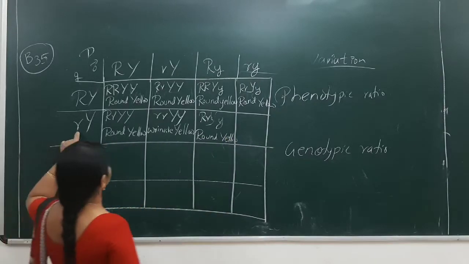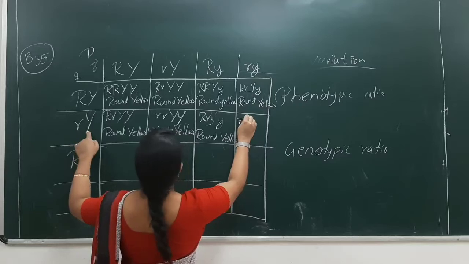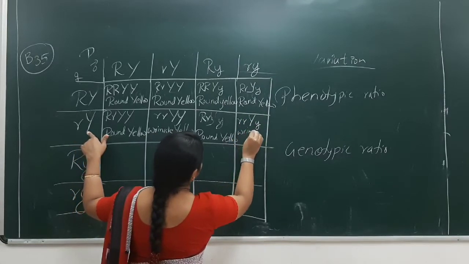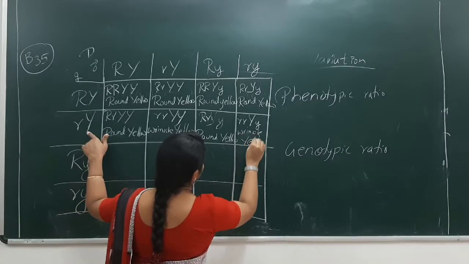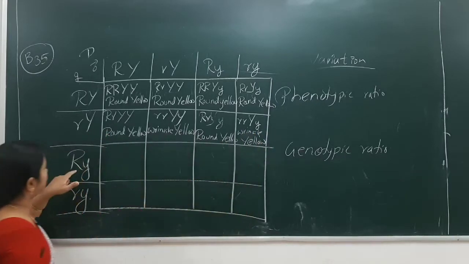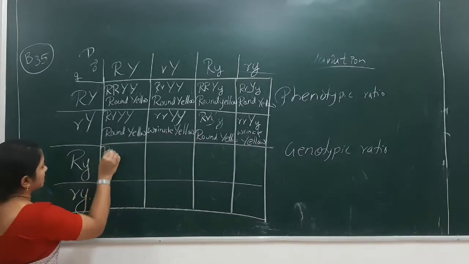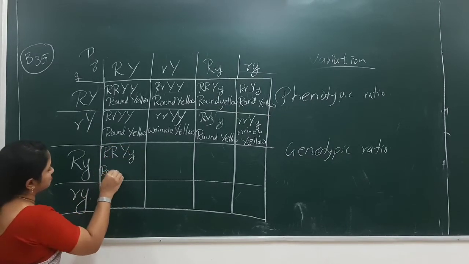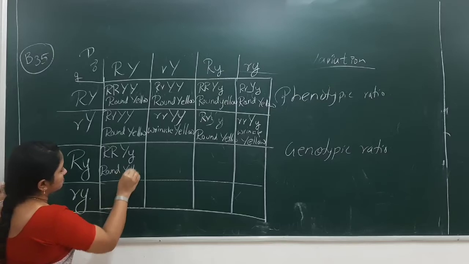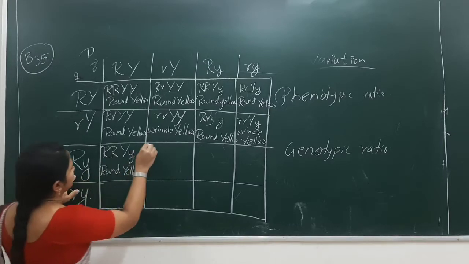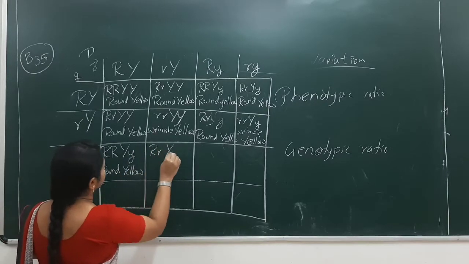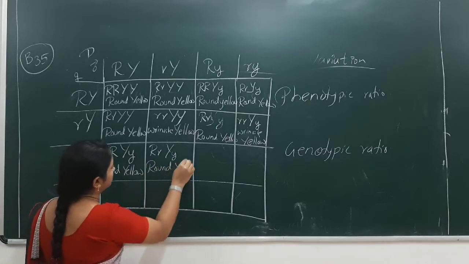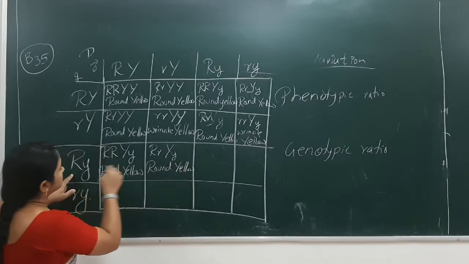And this one will be small r, capital Y, small y, wrinkle yellow. Next is capital R, capital Y, small y, round yellow, capital R, capital Y, small y, round yellow, capital R,